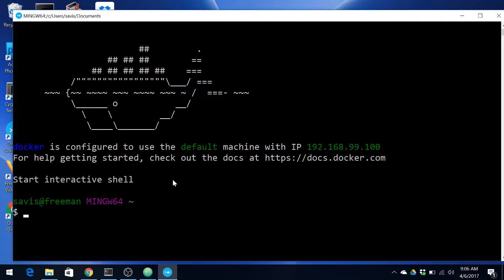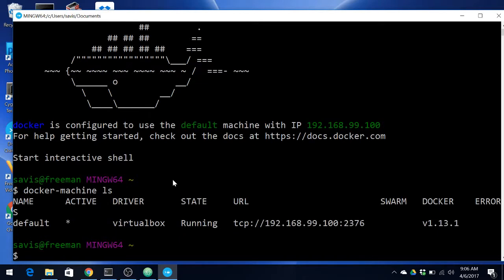And knowing this is important, because once we know that, this command will now make sense. If we do docker-machine ls, we'll see a default virtual machine. This is the name of the VM, and it is running using the VirtualBox driver, right? Which proves that this is basically a VirtualBox VM, and this is its URL. The IP address is 192.168.99.100, and that's the version of the Docker engine that is running on this Docker machine.